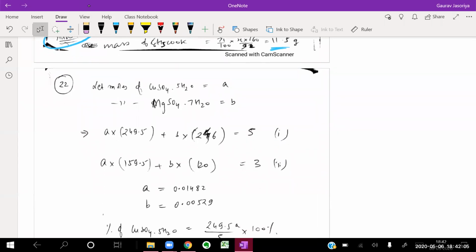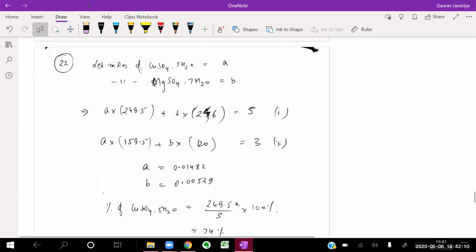ठीक है, 22nd question, again not too good in calculations, definitely there are many possible approaches to answer this question। I have adopted this one because मेरे को moles में calculation करना ज़्यादा आसान लगा as compared to mass में। mass में करता तो फिर denominator में I have to put molecular weight और थोड़ा ट्रिकी हो जाता, मतलब थोड़ा और कैलकुलेशन गंदा हो जाता है। यहाँ पर एटलीस्ट मैंने मोल्स मान लिए स्टार्ट में, आप मास से भी कर सकते हो, थोड़ा कैलकुलेशन ज़्यादा हो जाएगा बट आंसर डेफिनेटली सेम आएगा।